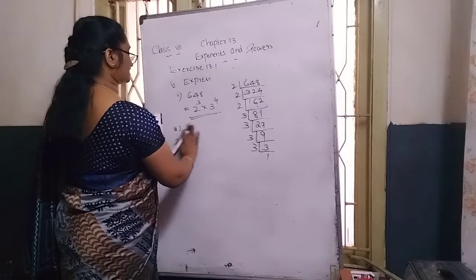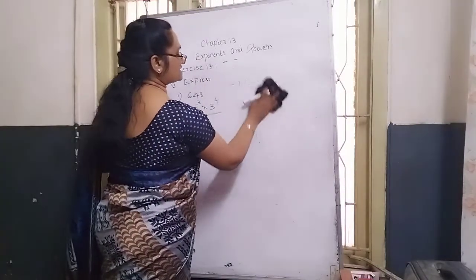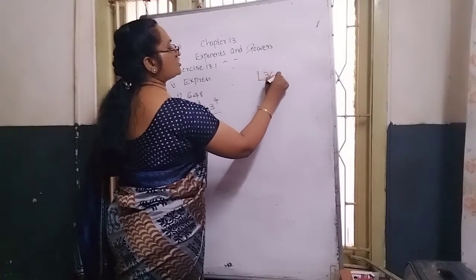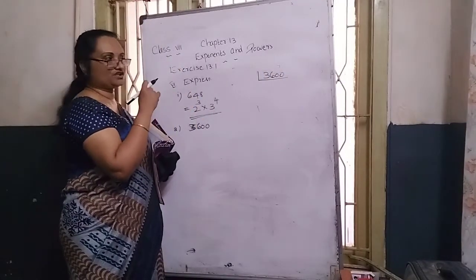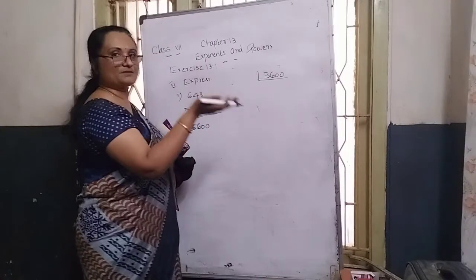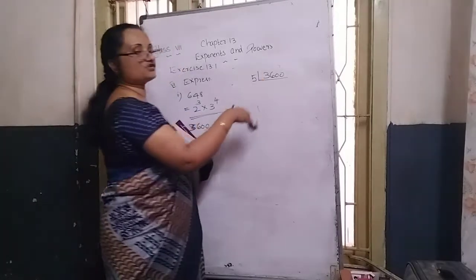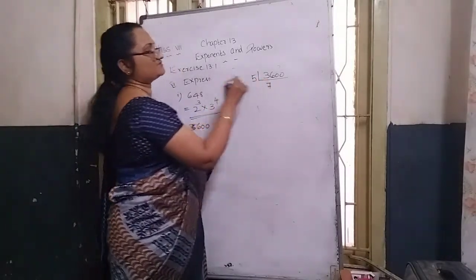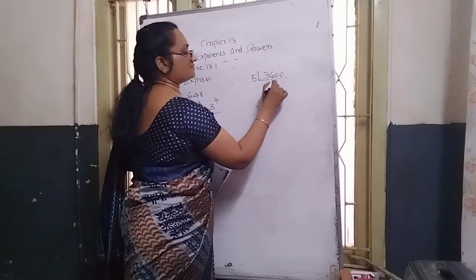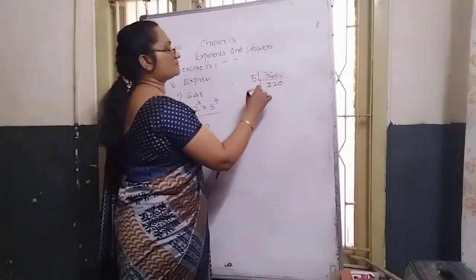3600, express in power notation. They ask like this: 3600. Again that also, draw the L shape box and divide. Here which number do you need to place? 0. So which number is easy? Prime number 5. 2 is also possible, but 5 is best. 2 also, finally, the prime number 2 also comes there. 36 means 7 times 5 is 35, 36 minus 35 becomes 1. 1 and 0 joining, 10. 5 table 10, 2 times. 5 table 0, 0 times. Again you need to place 0, which means 5.